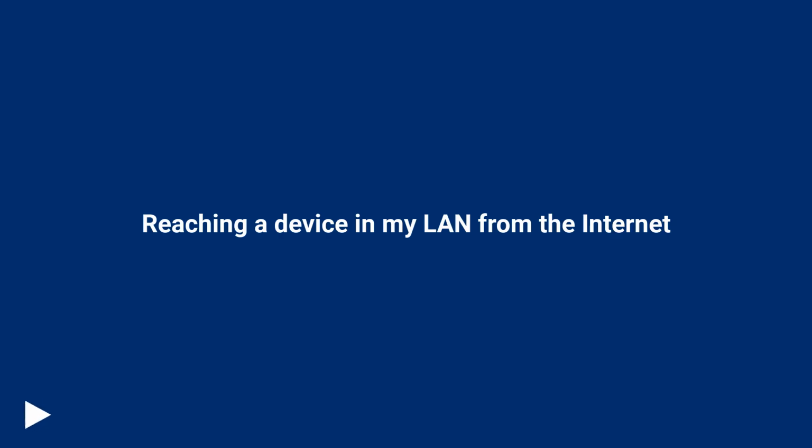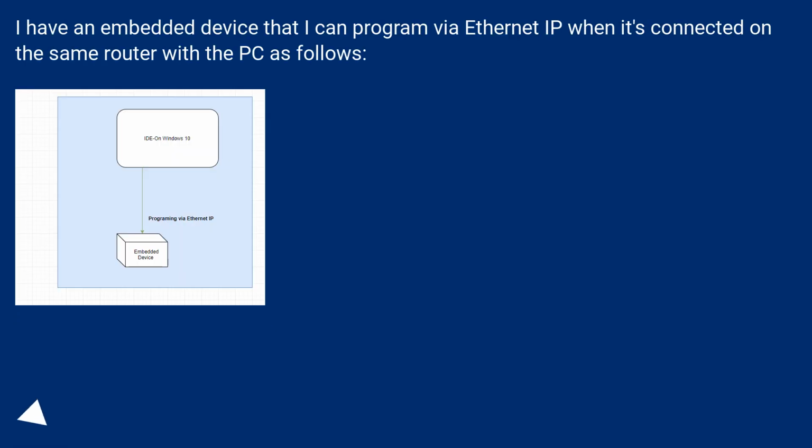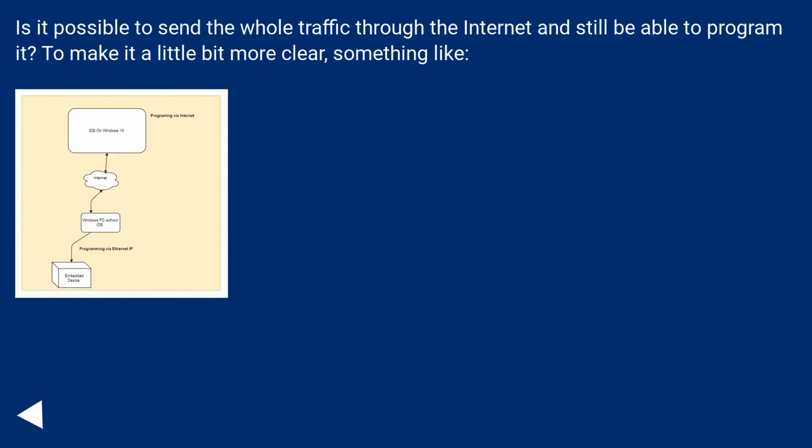Reaching a device in my LAN from the internet. I have an embedded device that I can program via Ethernet IP when it's connected on the same router with the PC as follows. Is it possible to send the whole traffic through the internet and still be able to program it? To make it a little bit more clear, something like